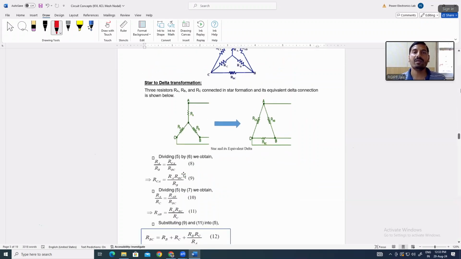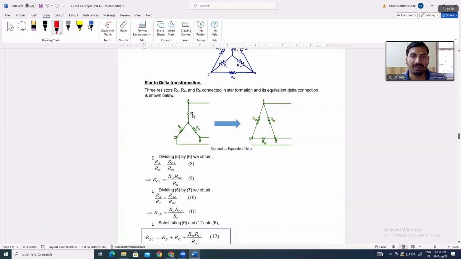ओके, सिमिलरली अगर आपको कहीं पे सर्किट में दिख रहा है कि स्टार में दिया हुआ है और उसको अगर हम डेल्टा में कन्वर्ट करके देखते हैं तो वहाँ पे सीरीज पैरेलल कॉम्बिनेशन बन रहा है, तो हम उसको तुरंत डेल्टा में कन्वर्ट करके इजीली सॉल्व कर लेंगे, राइट। सो सिमिलर वे में हम देखेंगे कि वी हैव थ्री रजिस्टर्स RA, RB, RC